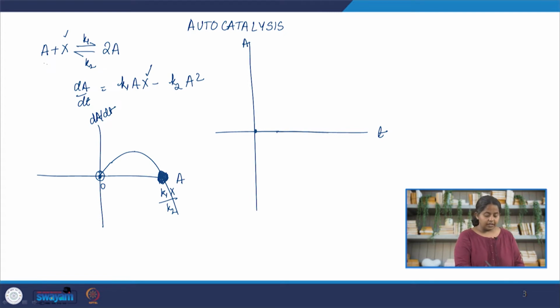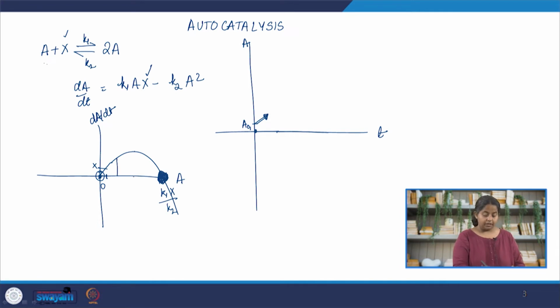If you are starting slightly to the right of the A, notice that dA by dt is positive, which means the concentration of A, let us say we are starting here, A naught 1, the concentration of A will increase. So, the slope will be positive, this slope. The slope of the curve that we are drawing at this point will be positive. Now, as A grows,